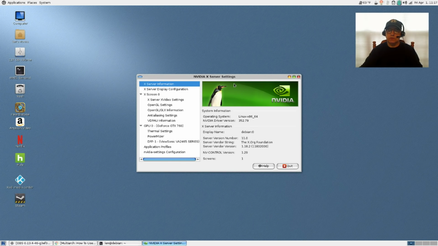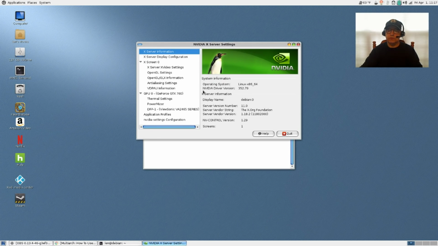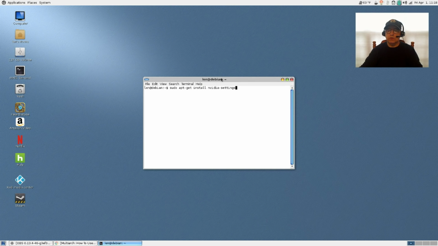It's important that you have this so you can double check that you've got the correct driver running and that everything's running okay. So for Nvidia, it's sudo apt-get install nvidia-driver. Finish that process and then do sudo apt-get install nvidia-settings. Then you will reboot. Once you boot back up, you'll have your Nvidia driver enabled and you'll have your settings menu.